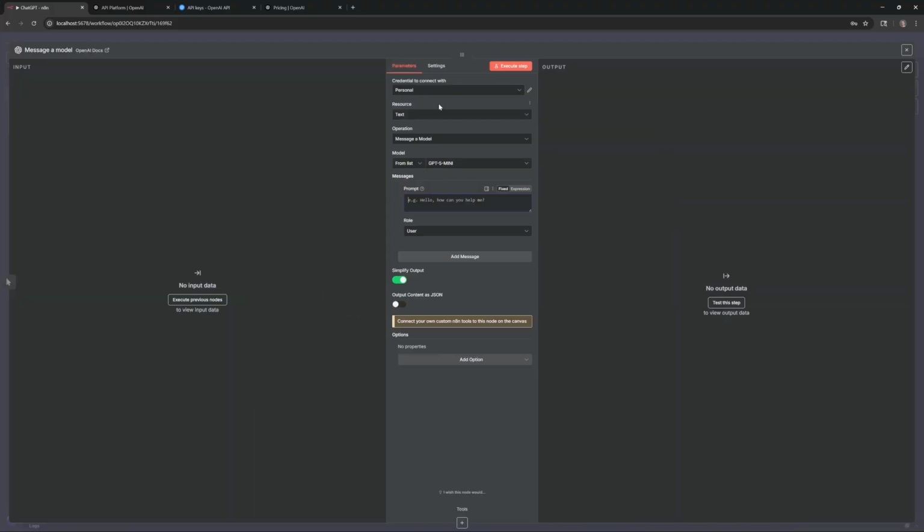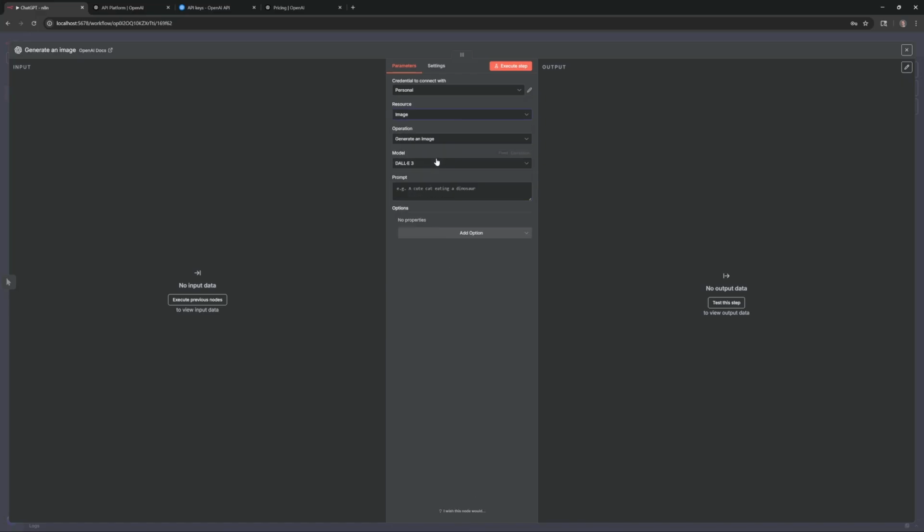After you put in the credential, you want to choose the resource. So in this case, we're just going to choose text, but here you can actually choose image and it will change over to a different model. You tell it to generate an image, analyze an image, and then choose the model. Typically you want to choose the most recent, so ChatGPT image 1, there might be image 2, 3, who knows, later on down the road. But by default, it's going to go to DALL-E 3, so just make sure you choose the right model if you want to use images.